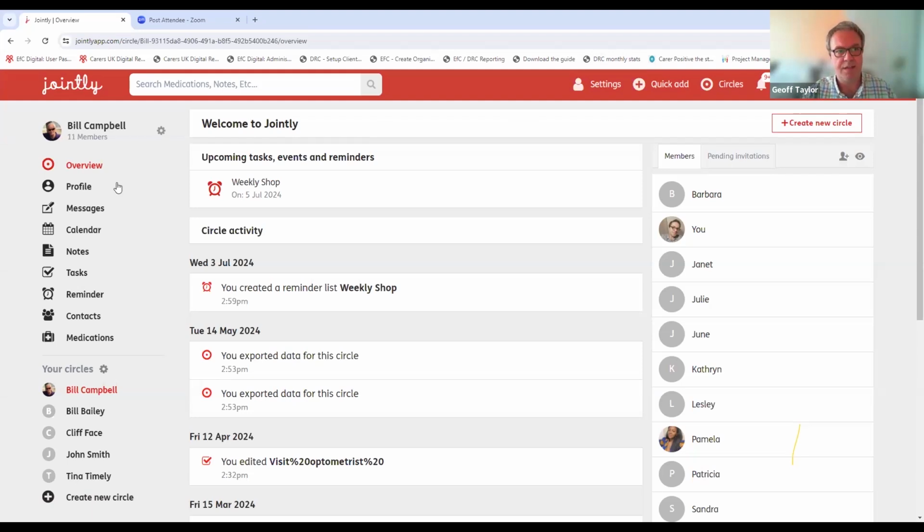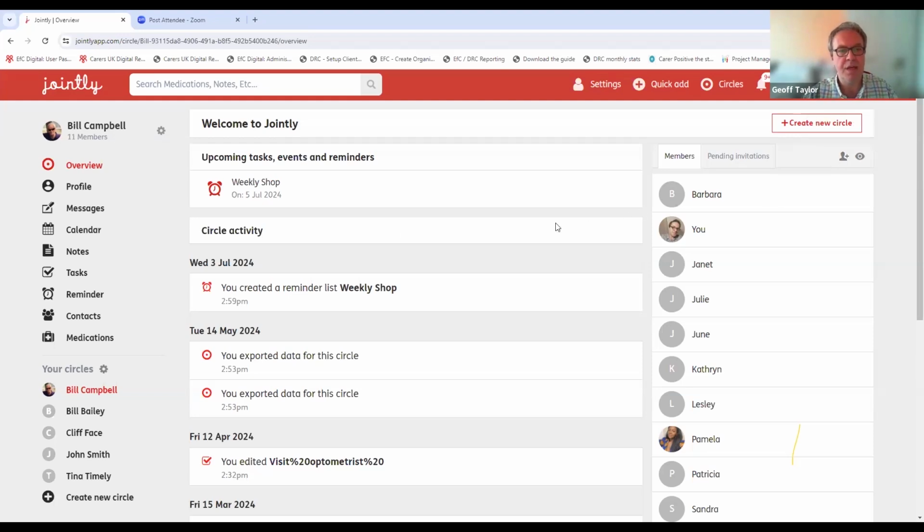So we've gone through, we've signed up as a user. We've created, in this case, Bill as the person at the centre of our care circle. We've gone over that we've invited some other members to that care circle. Just to explain, when you send those invites out, that goes out as an email to an individual. And at that point, as well as being invited to join the care circle, they'll actually be invited to sign up to the platform. But just to make it clear, they don't incur any cost when they're joining a pre-established